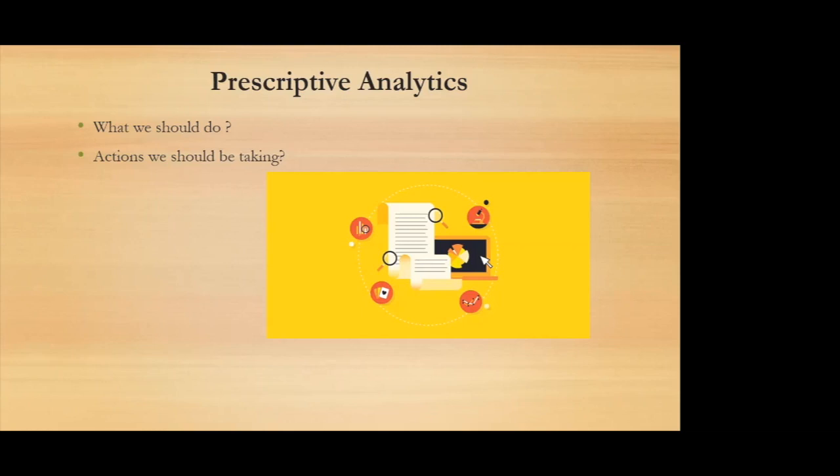Forward-thinking organizations use a variety of analytics together to make smart decisions that help their business, or in situations like the COVID situation we are facing now. All the decisions the government is taking nowadays are based on this predictive analysis. So all these four types of analysis, all four.